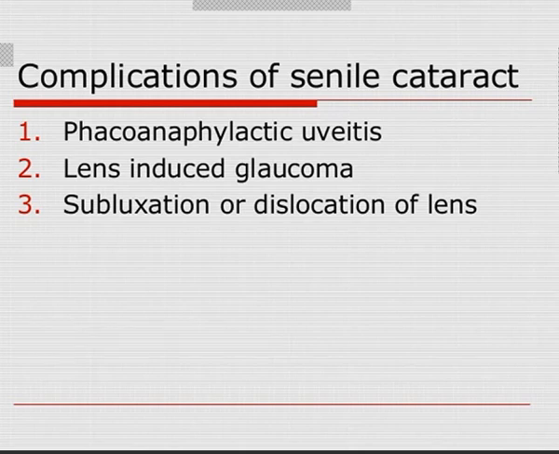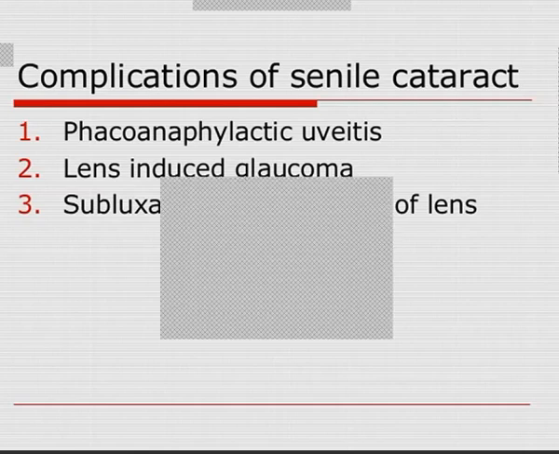This is due to the phacoanaphylactic uveitis. It can also lead to glaucoma. That means, due to cataract, uveitis may occur, glaucoma may occur, and also the lens may finally be dislocated or subluxated. Okay, it is not a simple cataract. The cataract will lead to adjacent structure involvement also, as the iris may be involved, that is the uvea is involved, that is the uveitis, and glaucoma may occur because of the imbibition of the lens